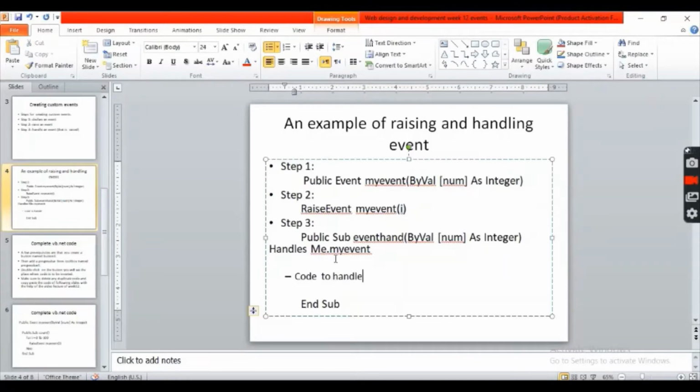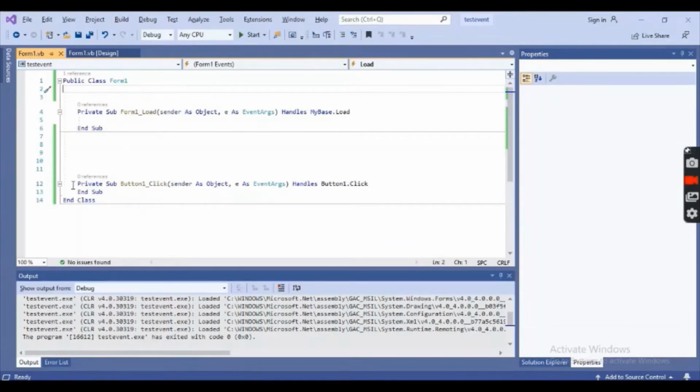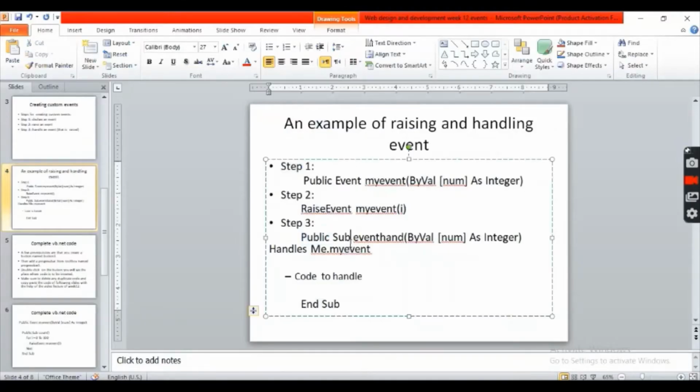Finally, I'm going to create an event handler, and it's the same as the events when a button is clicked. For example, when a button is clicked, you see Private Sub Button1_Click Handles Button1.Click. This is made by default when I click a button. Right here the event handler comes: Public Sub EventHand.